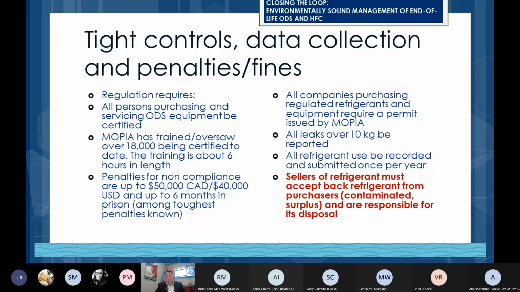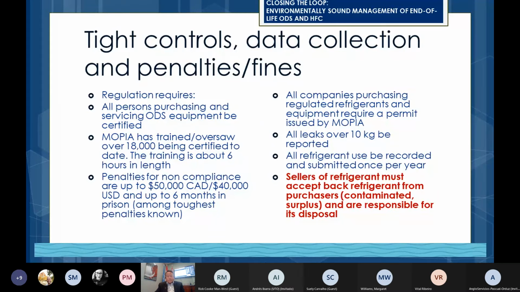We also require in Manitoba all companies that purchase regulated products, new and used, and including refrigerants, to have a permit. So MOPIA, the government of Manitoba, can very much track what company is purchasing and importing products into our province, and those are all, as I say, documented, and can only be in the hands of those who legitimately should have those products. So that allows good tracking, good tracing for end-of-life stewardship as well, because we know where all products are, from chillers to